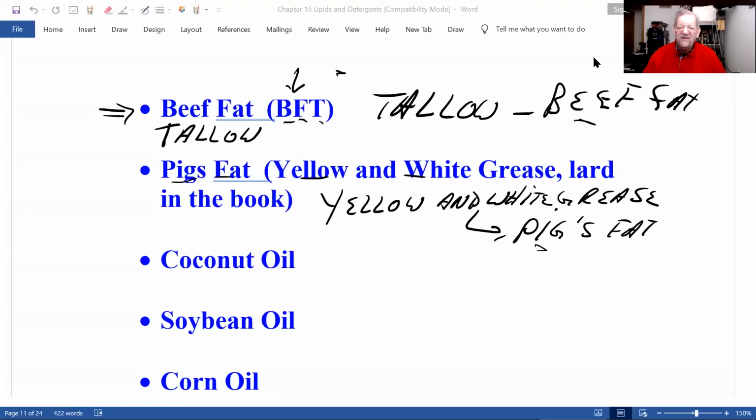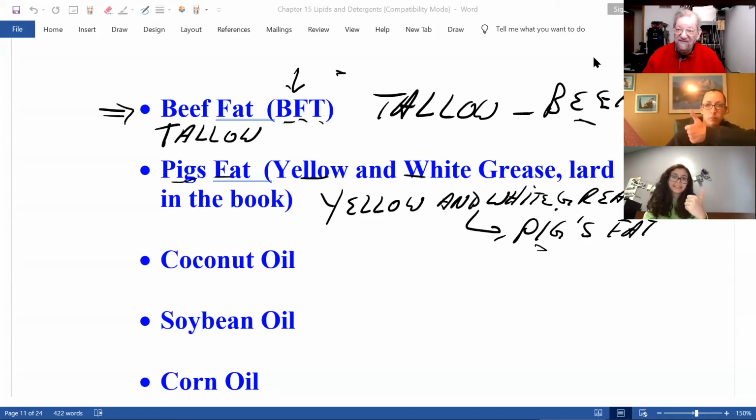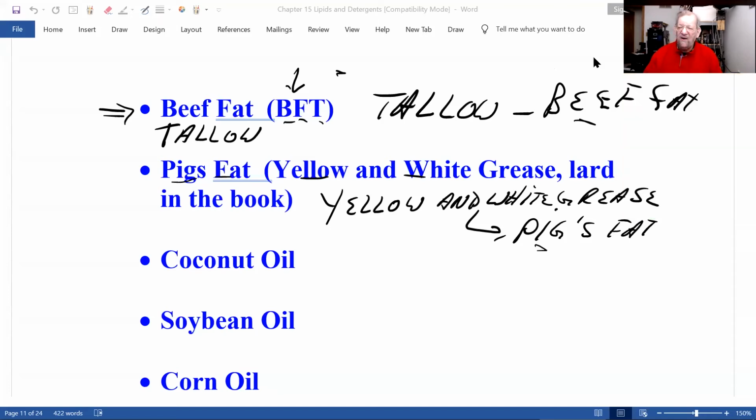You all see me? Now let's try this. You see beef fat on this? All right, finally, certain things weren't popping off. All right, you should know